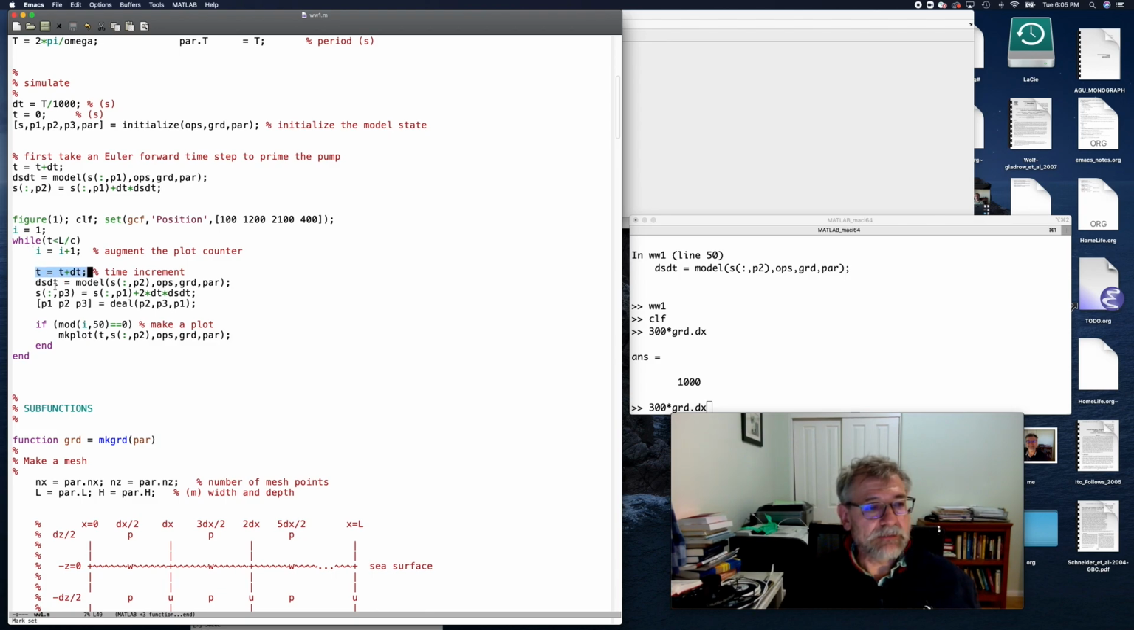We update the time, calculate the time tendency, and here you see we use the P2 state to leap over the P1 state and end up in the P3 state. So we're always doing this leapfrog scheme. And then after we've done this, we shift the P1, P2, P3 around such that the P1, the oldest